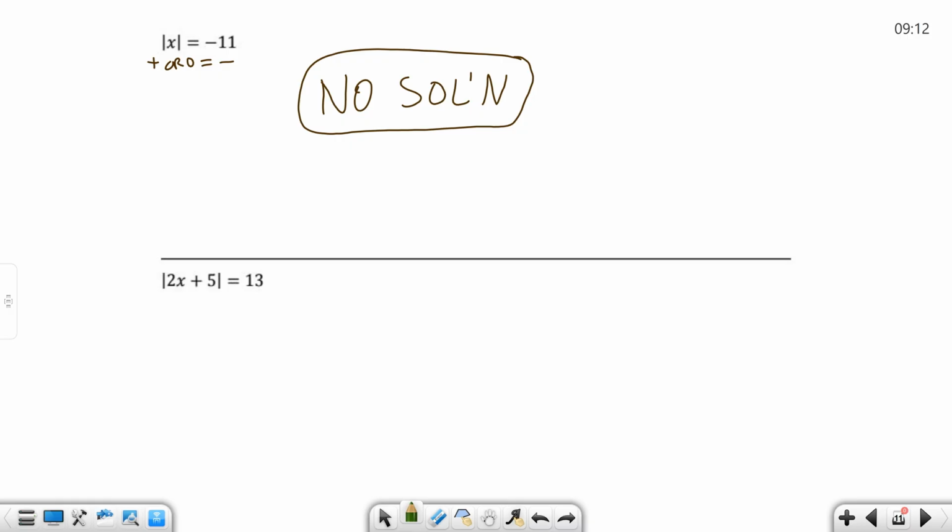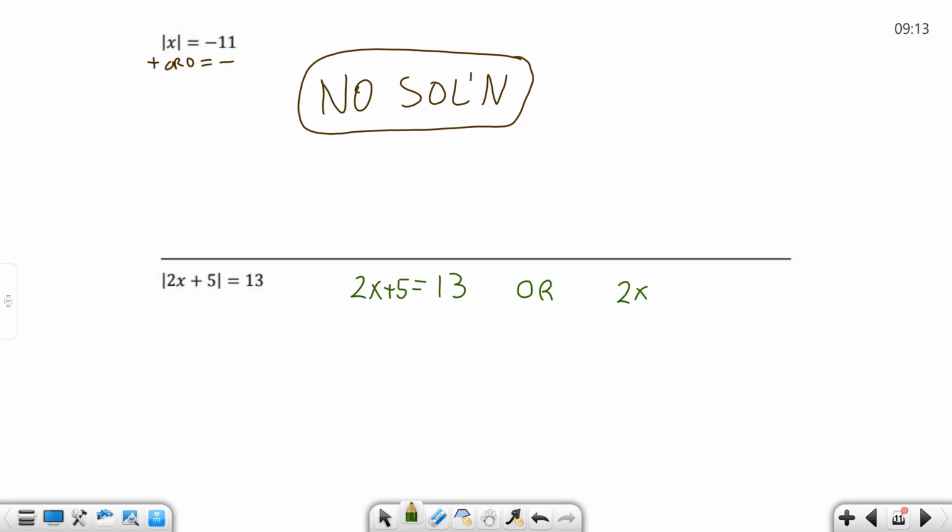So the absolute value is on a side by itself. That's when you compare it to positive, negative, or 0 to see what you have. So absolute value equals a positive number. How many equations do I have? I have 2. 2x plus 5 equals 13, or 2x